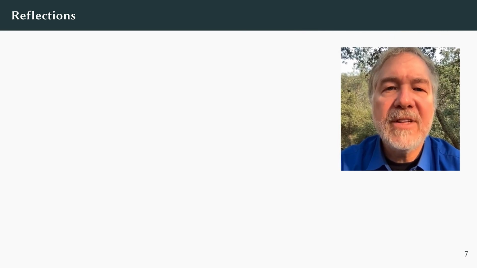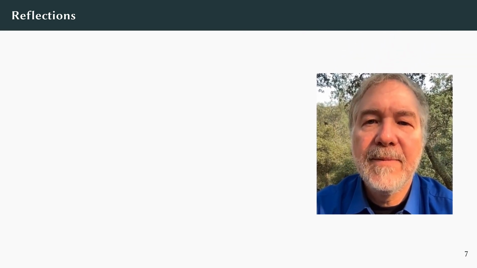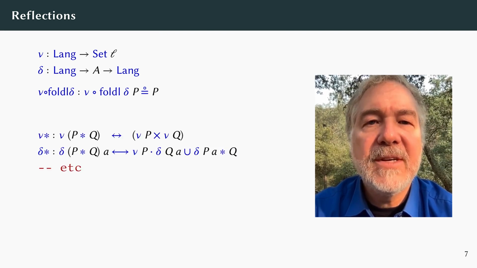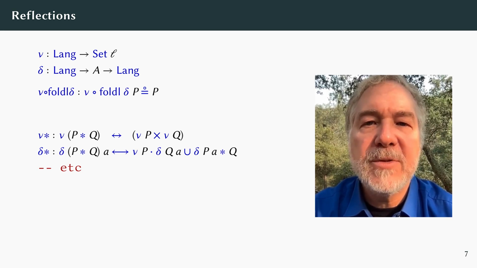Let's now pause to reflect on where we are in the story. The language decomposition theorem reduces membership to a succession of derivatives followed by nullability. Our language lemmas tell us how to decompose nullability and derivatives of languages to the same questions on simpler languages. The resulting questions are all expressed in terms of propositions and predicates that happen to be compositionally decidable. It looks like we're done. We just formulate the languages, compute derivatives and nullability, and apply the language lemmas.